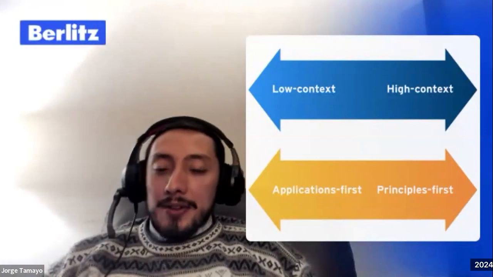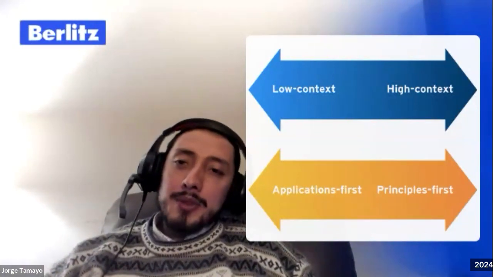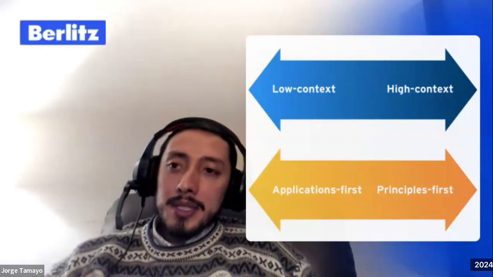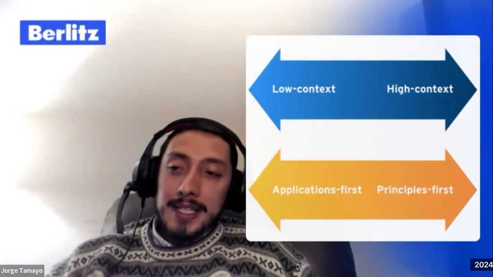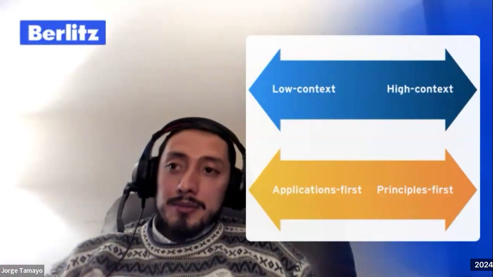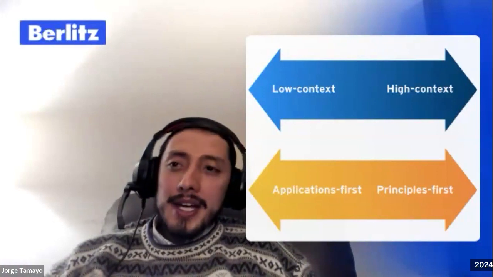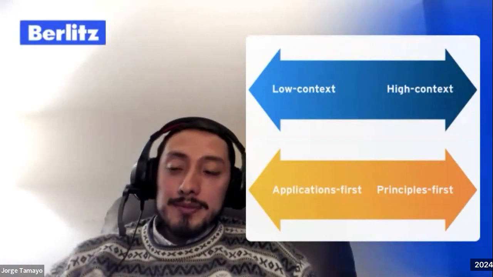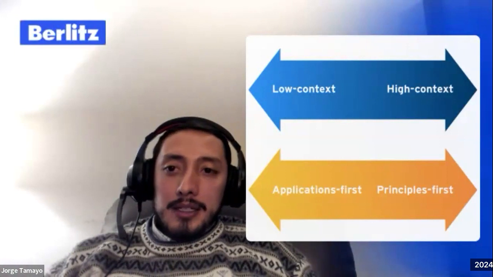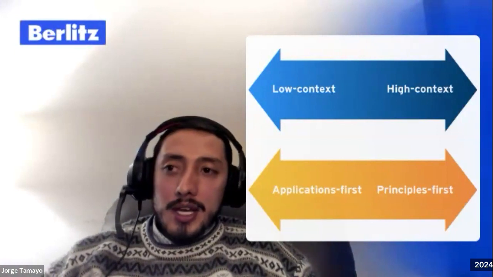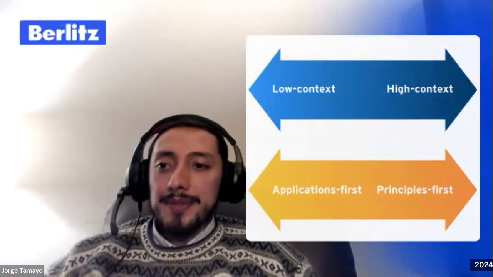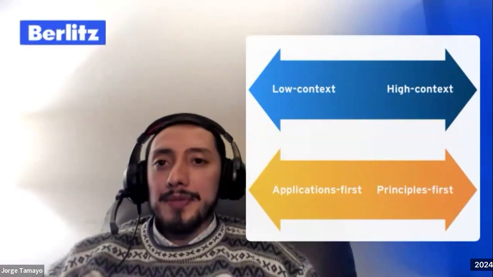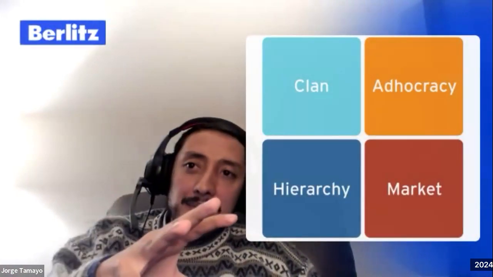Now, of course, another theory that is rather important in the human resources field is the one that was presented in 1999 by Professors Cameron and Quinn. In that year, Professors Cameron and Quinn published a book that was called Diagnosing and Changing Organizational Culture based on the Competing Values Framework, right? Now, you might know this theory just as the Competing Values Framework theory. And if you don't know it by that name and you work in the human resources field, then probably you have seen something like this,